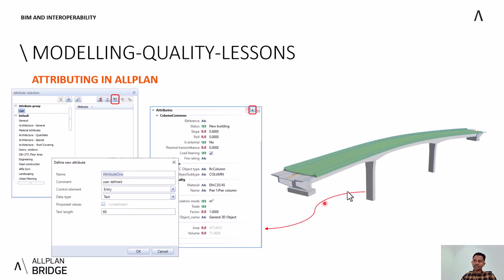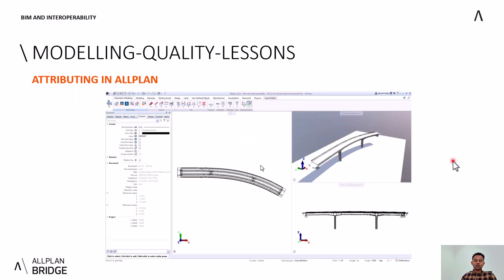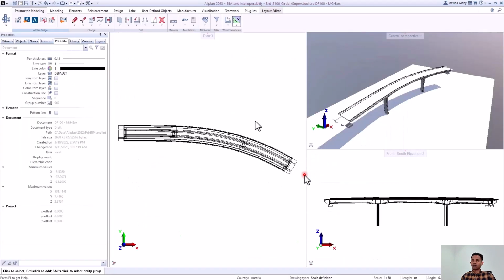If we go back, we can assign it directly to this peer here and to the other one as well. So we first define it, and after we define it, we can transfer this attribute to the other objects that we wish to have. Here what we have is also a bit more automated,